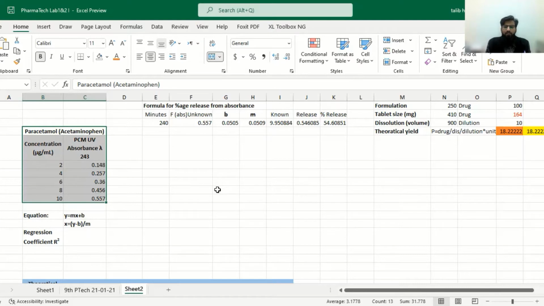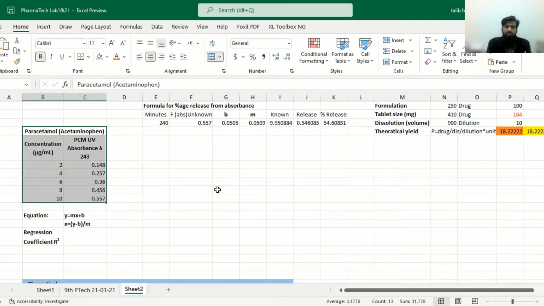So we weighed 100 milligram of the drug and dissolved it in 100 ml of solvent to form a solution of 1 milligram per ml, which is known as our stock solution, or standard solution. This stock solution was then used to prepare a working solution, in which we took a specified volume containing a specific concentration into another diluting volume.